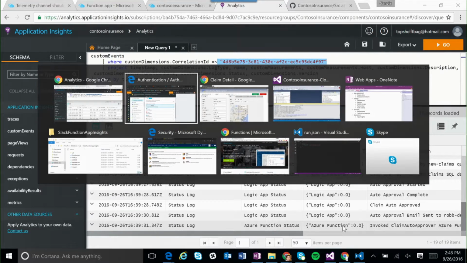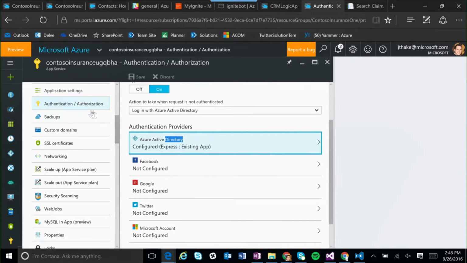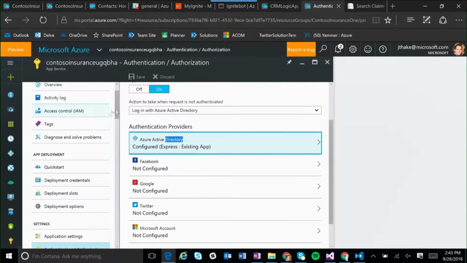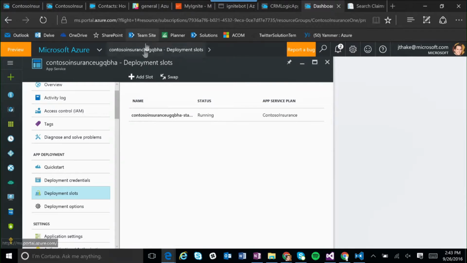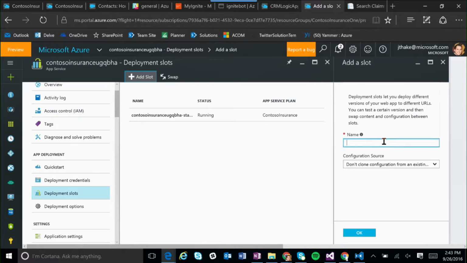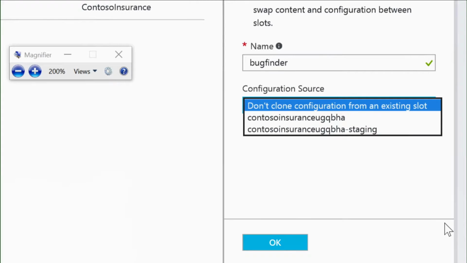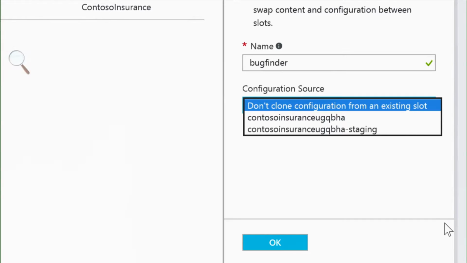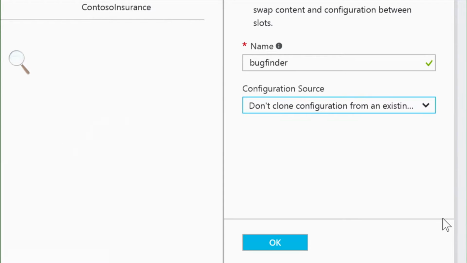Now, if I walk that through again, the other benefit of those deployment slots is when I create a new one, when I click add, I could say maybe there's a bug finder, and I can pick which one of the web applications I want to clone. And so I can say, okay, I want a complete copy of the instance I've got, and in a matter of seconds, I can hit that new web app and test that application, hook in some App Insights. And what I can also do, if I deploy